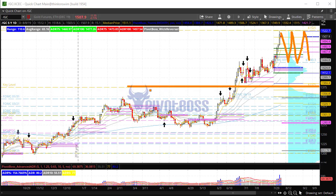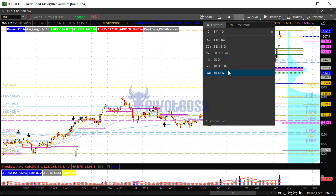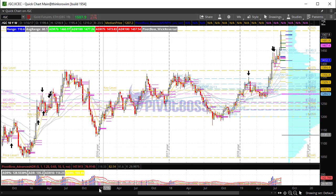Perhaps price even drops as low as 1375. Again, we have not retested that zone since price saw expansion through that level. But if we did see a retest of that area, it would be a zone here to defend and return back to new highs. As we've talked about before, even in the weekly time frame here, this level has been